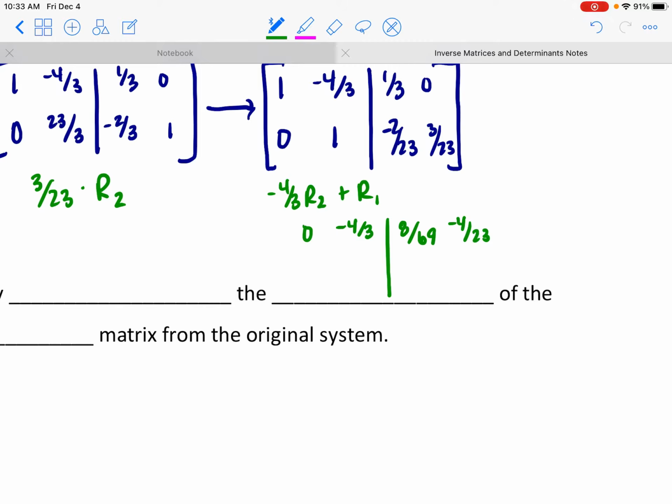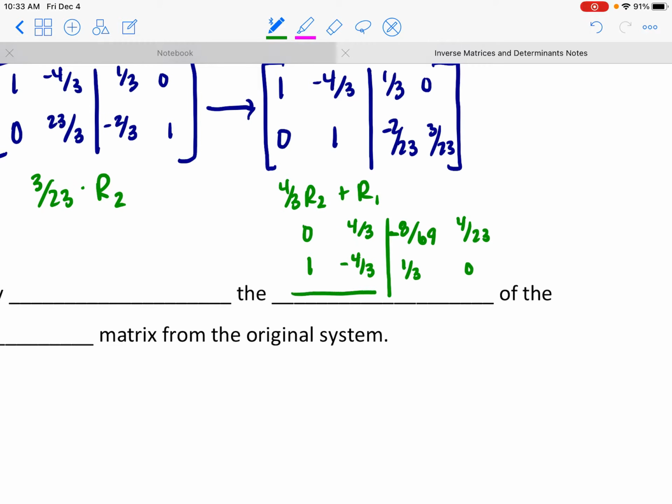And the goal was to add that to row 1 in order to change row 1. Oh, why did I use a negative? I don't need a negative. Sorry, guys. This needs to be positive because positive and negative will cancel. So this is going to be positive. This will be positive, and this guy will be negative. Okay, sorry. So I'm adding this to row 1, which again was 1, negative 4 thirds, 1 third, and 0,